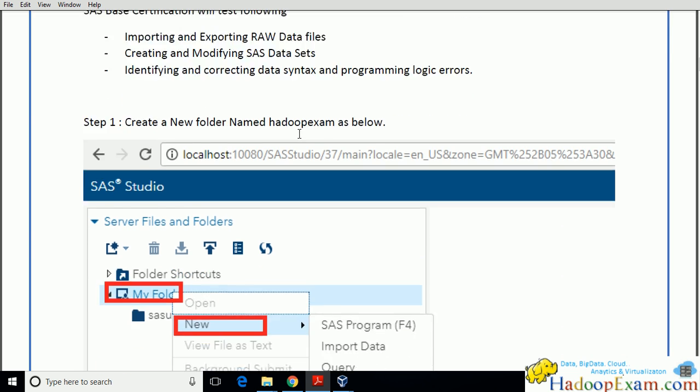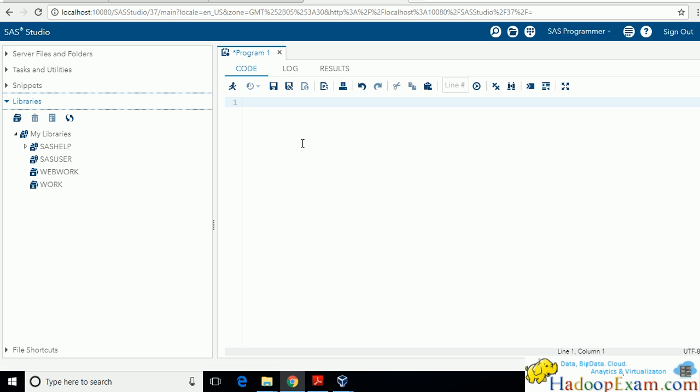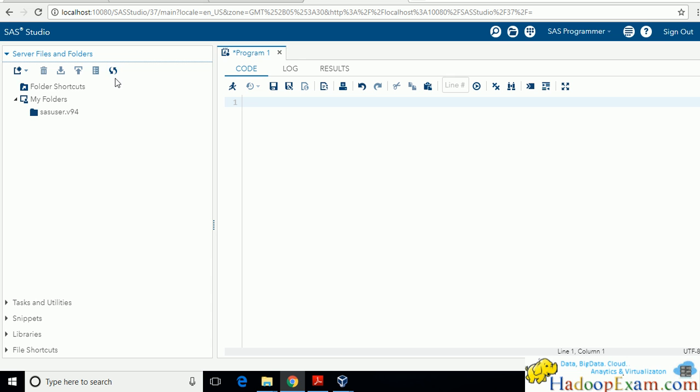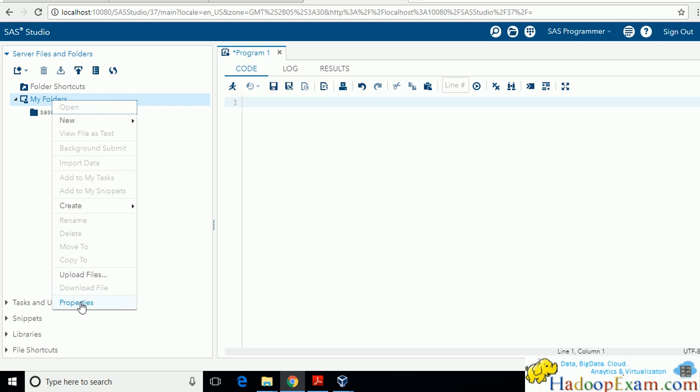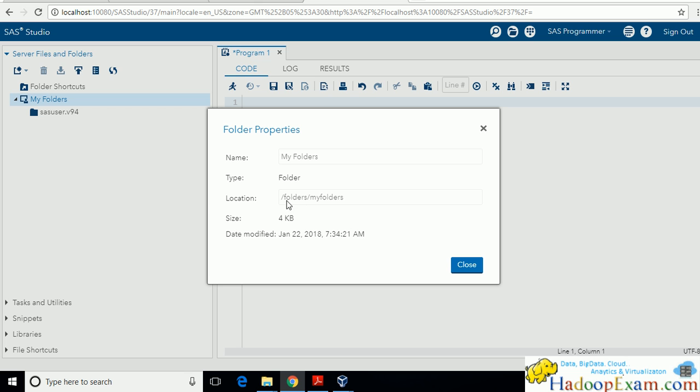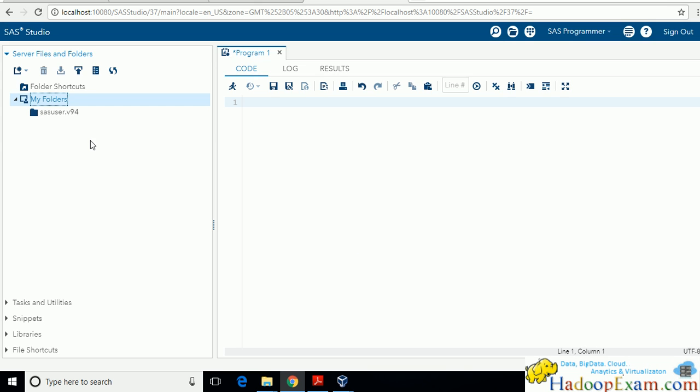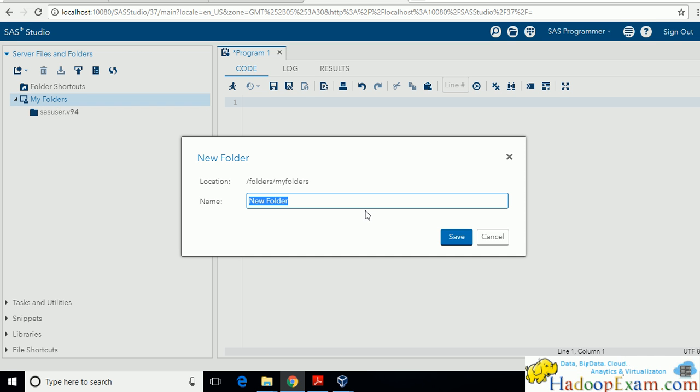First we'll create a new folder. How would you create a new folder? Just go here into the Server Files and Folders section. If you click on properties, you can see which location it is pointing to. This is pointing to the My Folders location which we have created. Let me first create the folder, then we'll go to the location. Give the name to the folder as Hadoop Exam.